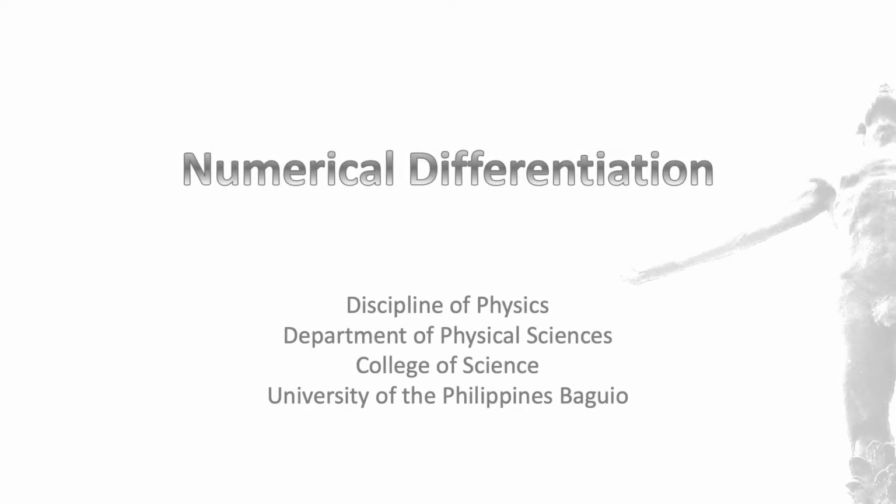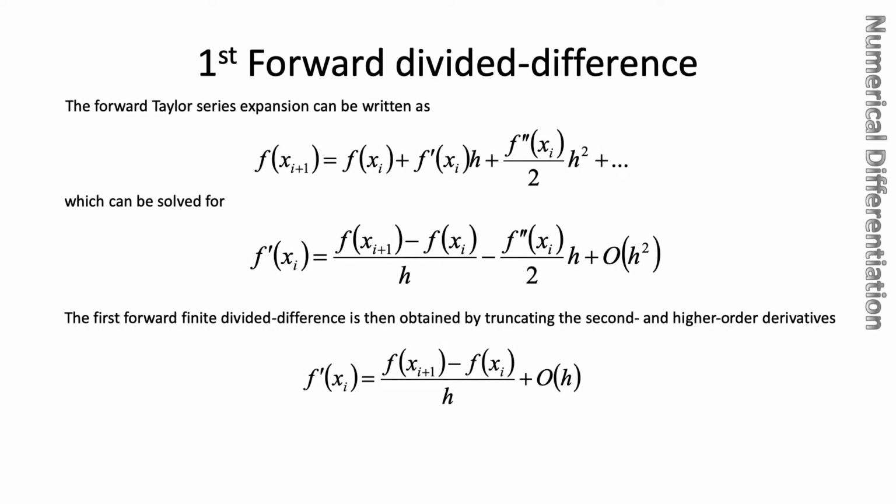We are now going to discuss the numerical technique of taking the derivative of a function. We begin with the Taylor series. We expand the function f about some value x sub i to get f of x sub i plus 1. We then get the Taylor series expansion to be f of x sub i plus 1 is equal to f of x sub i plus f prime x sub i times h plus f double prime x sub i over